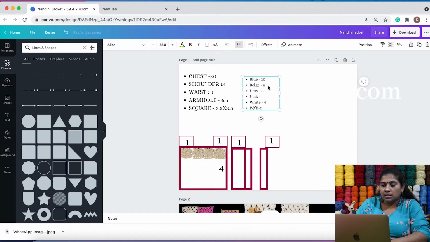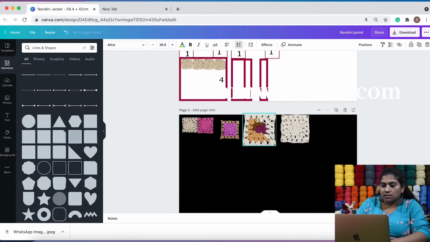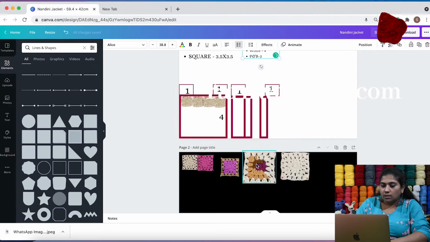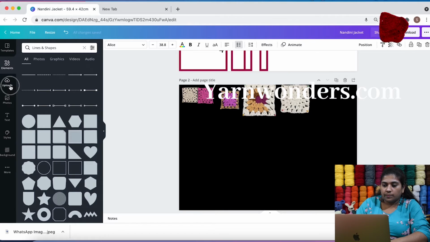I've already decided on the pattern, and I have 10 blue squares, 6 beige ones and 6 brown ones. Okay, in this here I have used